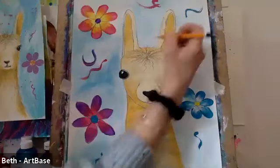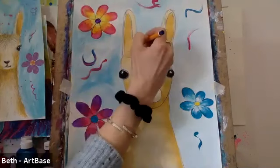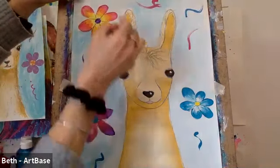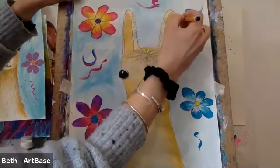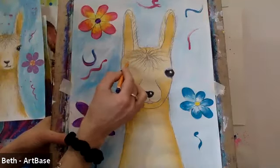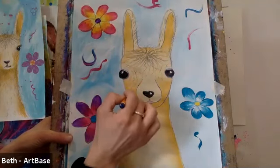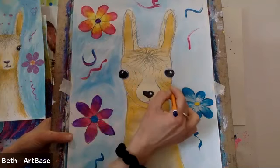Okay, and then once we've done that, we'll work up the sides of the ear and just some little lines flicking out, and hopefully you can see that okay. And you can do this with a pencil or a pencil crayon. So just fluffing up his ear on the edges. So some little flicky pencil lines just coming down the edge. Like that. And then we'll do some coming around his eye. So I'm following the curve around his eye with some little lines. And then down his face, so the lines are coming down his face, and maybe a few just coming outside the edge a little bit,